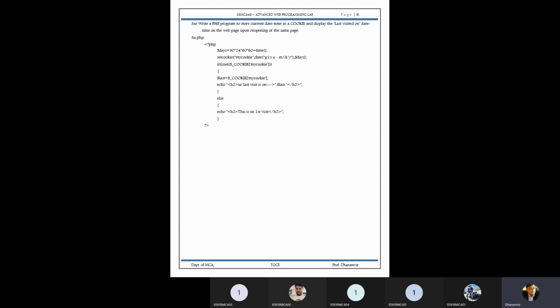Fine. So here, first we are taking the cookie to check your page count. How are they going to check the page count? $days equals 30 days, 24 hours, then 60 minutes, 60 seconds. That is the one cookie count. So setcookie equals my cookie, date equals G M D Y. M is month, D is date, and Y is year. So you can put MMDDYYYY also as the date we are declaring.